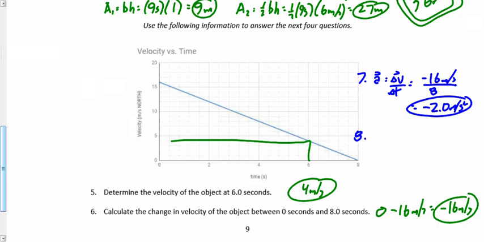And 8 asks us for the displacement. Good news, it's a triangle. By the way, when you're using the equation for the area of a triangle, does it have to be a right angle triangle? It is a right angle triangle here, right? But does it have to be? No. No. If you saw one like this,